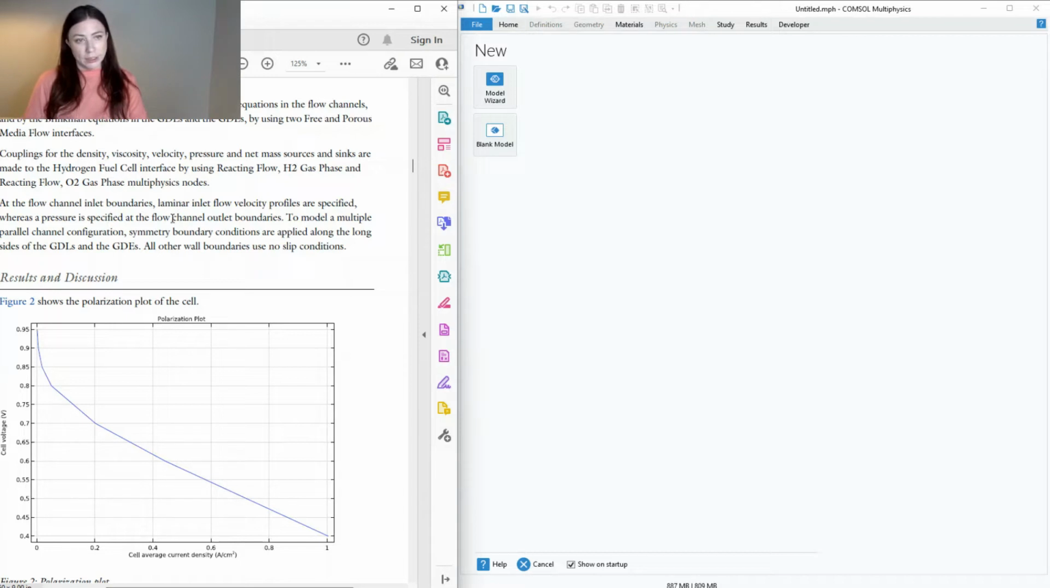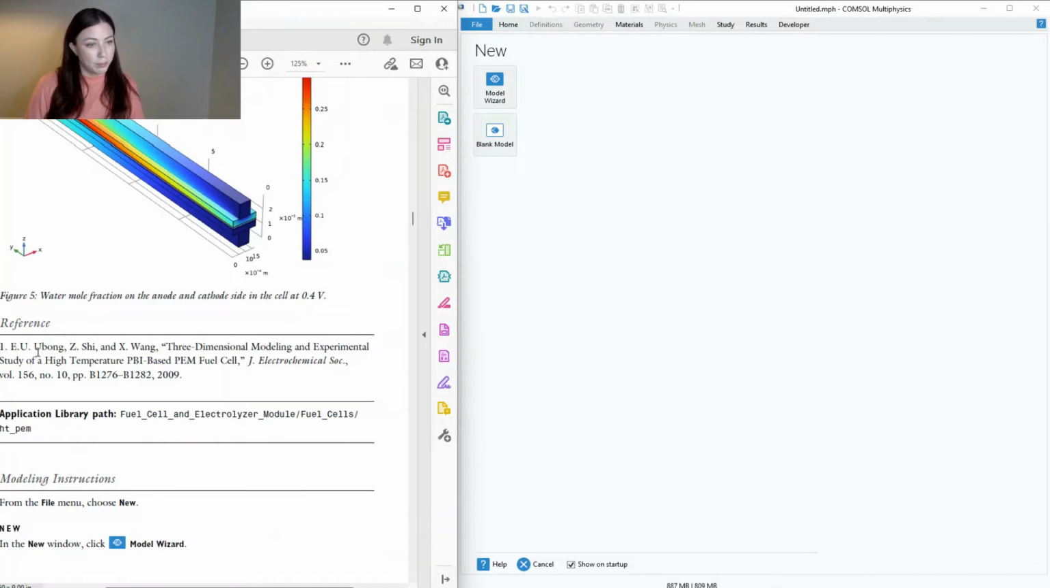At the flow channel inlet boundaries, laminar inlet flow velocity profiles are specified, whereas the pressure is specified at the flow channel outlet boundaries. To model a multiple parallel channel configuration, symmetry boundary conditions are applied along the long sides of the GDLs and GDEs. All other wall conditions use no slip conditions. And this comes from 3-dimensional modeling and experimental study of a high-temperature PBI-based PEM fuel cell published by Ubong, Shi, and Wang in Journal